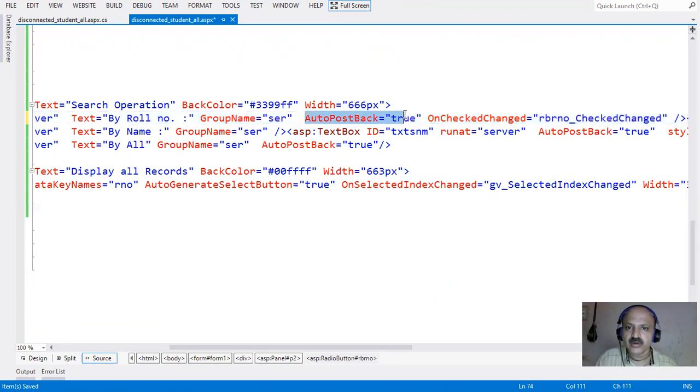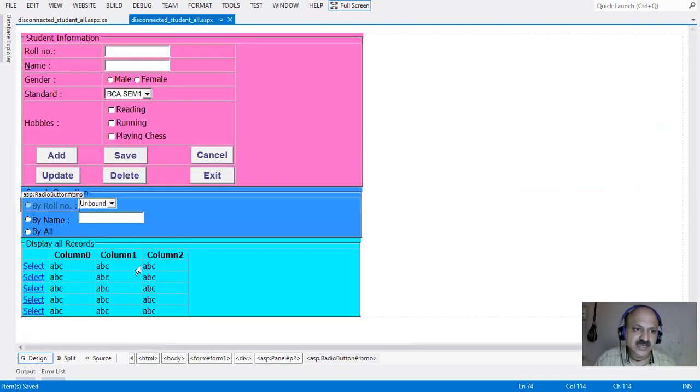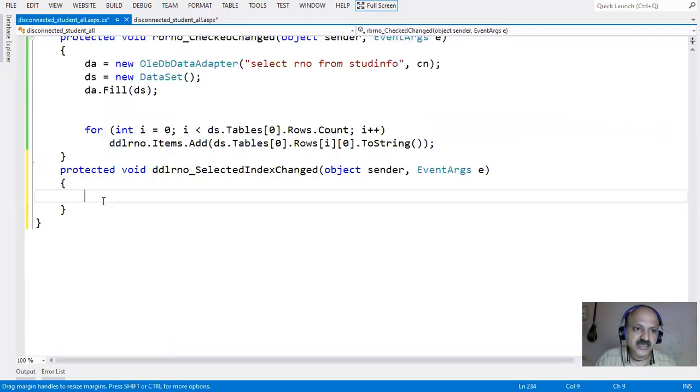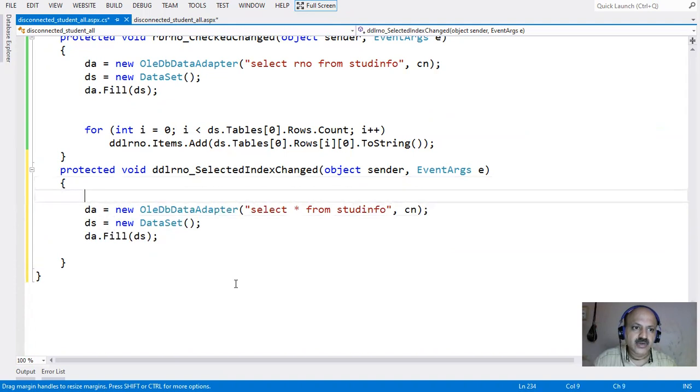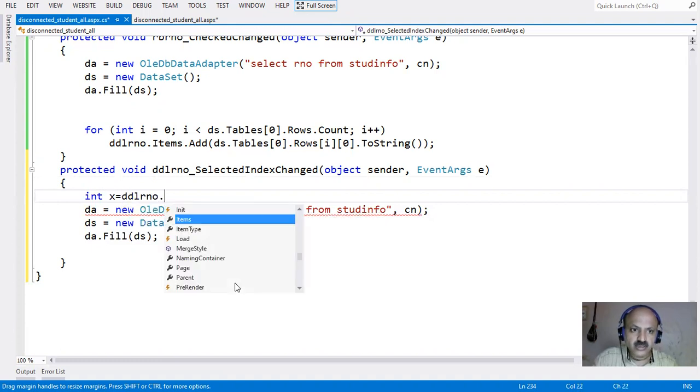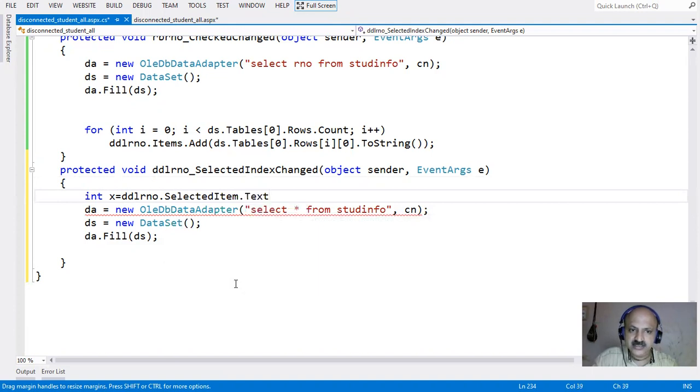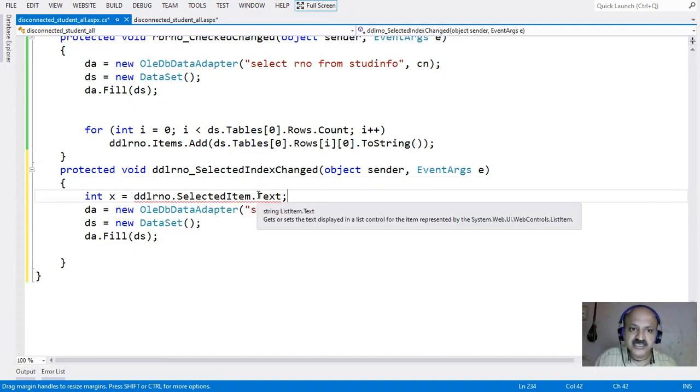We can copy our design code from my previous video lecture. So auto post back on. Okay, so the radio button is selected and for the drop down I just select the index change event. So I copy these three lines again, yes, and here what to do: take an x variable and our drop down dot selected item dot text, but that returns an integer.